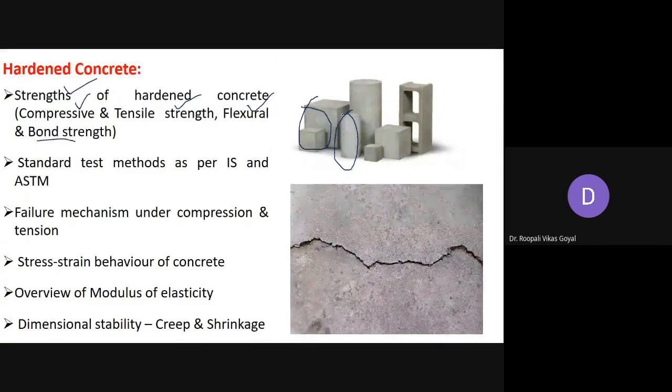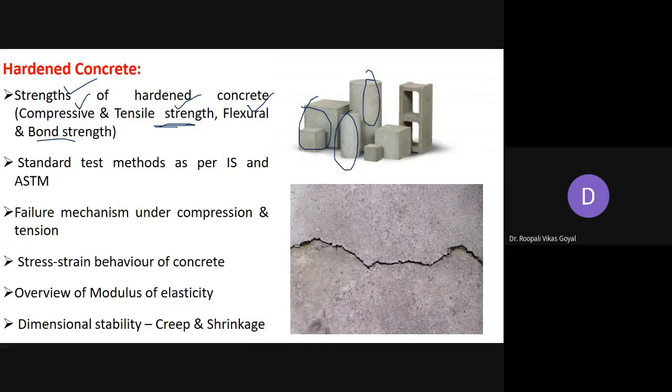You should know that for compressive strength we are casting cubes as well as cylinders in the laboratory, and then we will check the strength after 28 days. For tensile strength, generally we are using the cylinder. The same cylinder that we are using for compressive strength can be utilized for tensile strength. It's not the direct tensile strength but indirect tensile strength. We are doing it by splitting it, which is why it is also called the split cylinder test.